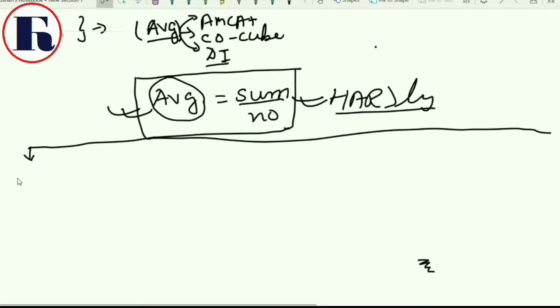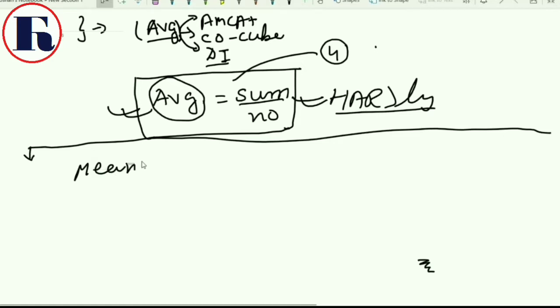You'll not find it written like this in any book. This is how I have understood the average, and this understanding helped me solve questions faster. So for me, average will be 4 to 5 smaller chunks or smaller divisions. I'll talk about the first smaller division. I call it